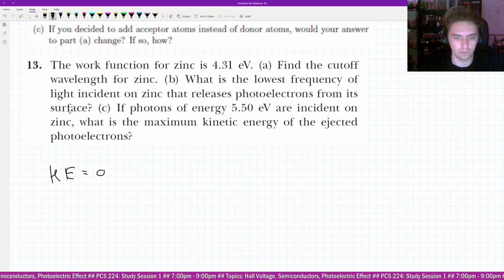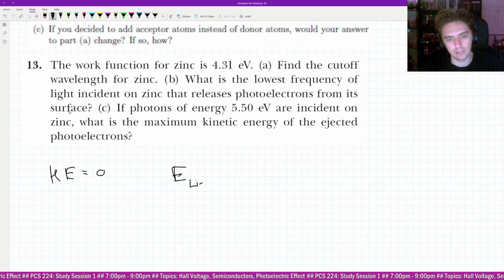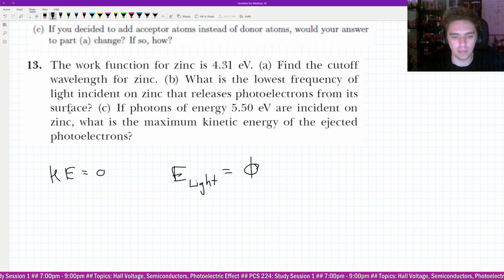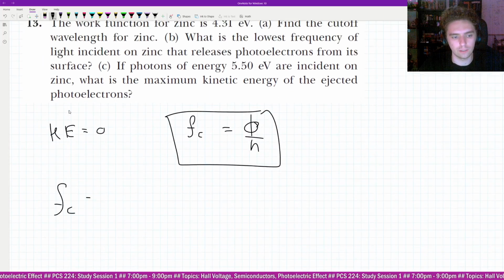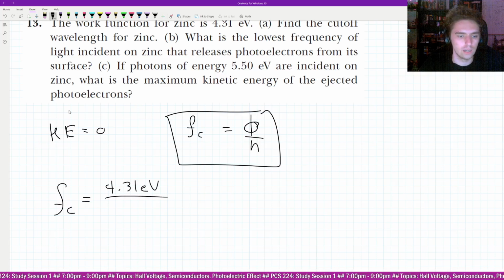You just get off the work function, so the energy coming in from the light is just equal to the work function. You just barely make it. So h f cutoff is equal to the work function. That's how we get our formula for the cutoff frequency. So the cutoff frequency is equal to 4.31 electron volts per